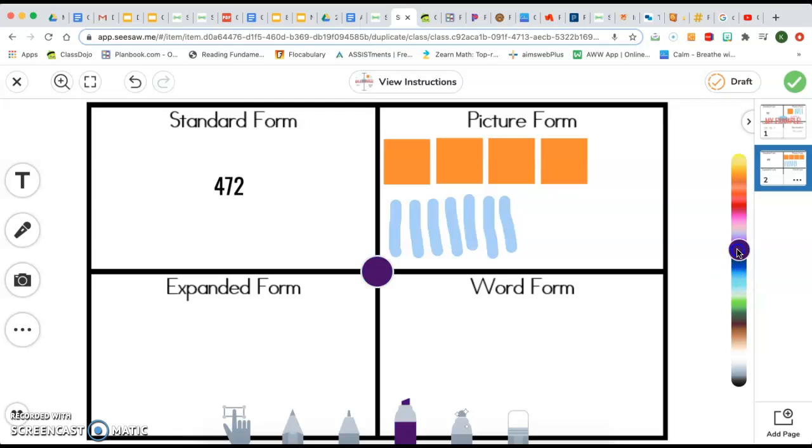and then in the ones place we just have a 2. We have a 2, so that represents 2 ones. And for ones, these are our ones base 10 blocks. We're just going to use a little circle. 1, 2. So now I have done the picture form of the number